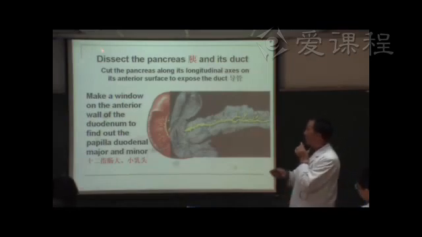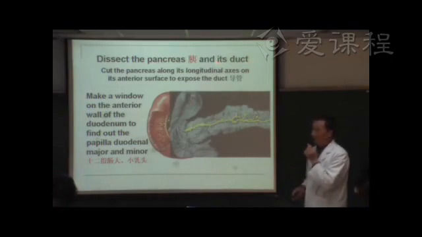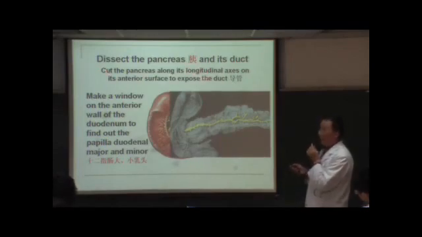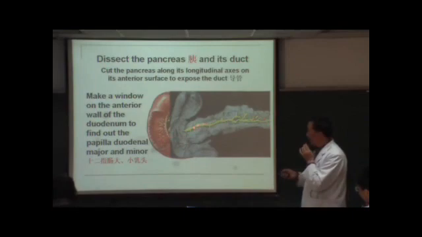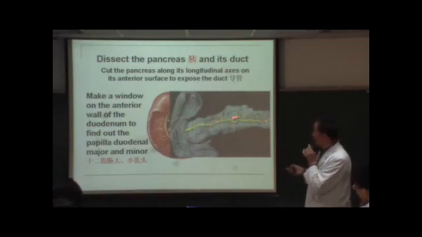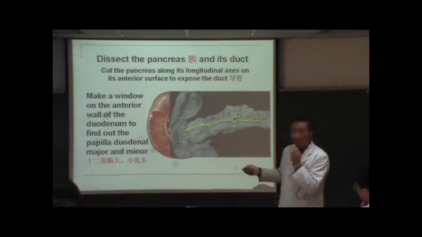And then you should detect the pancreas and its duct. You can cut the pancreas along its longitudinal axis, 沿它的长轴, cutting the anterior aspect of the pancreas, 切开这个胰腺的前面, to show the pancreatic duct, 胰管, and then you should make a window on